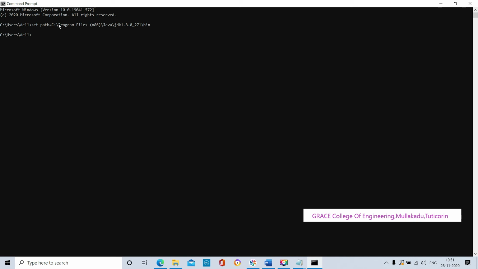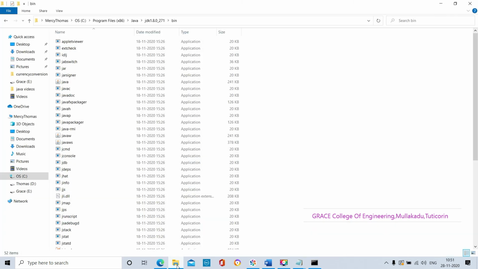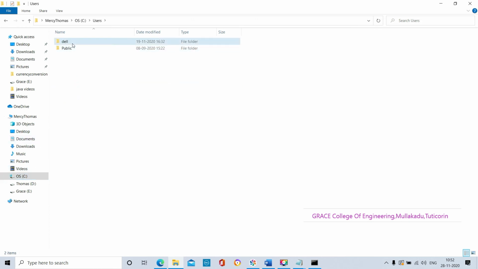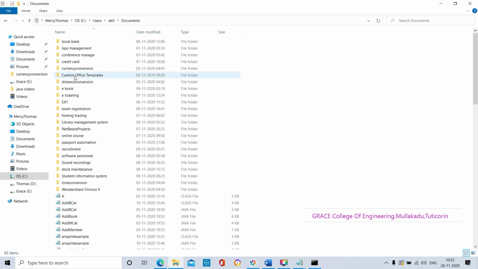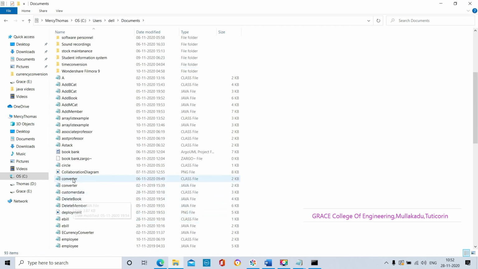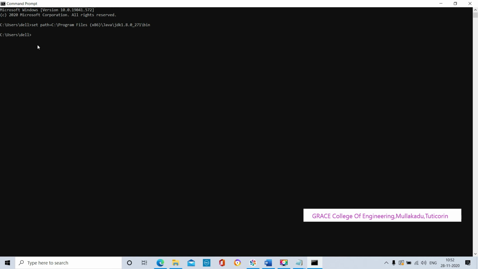Now we have to move to our Java application program, converter.java. That converter.java is present in the C directory, in the Users folder, in the Dell folder, next in the Documents folder. This is the path of our converter.java application program. In the command prompt it is already showing the path as C:\Users\Dell.